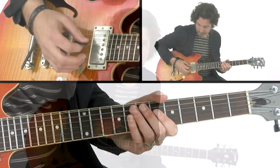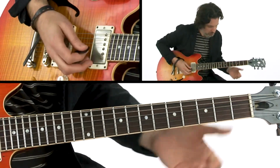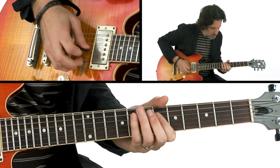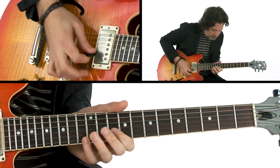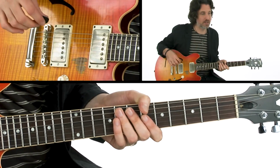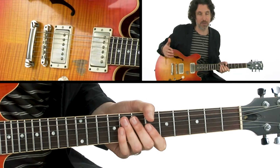Lick number 12 is Kenny's octave jump. And again, we're in the key of B flat minor here, and we're going to do something that's based on a lick made famous by the great Kenny Burrell. So in the key of B flat minor here, importantly, this run is a really famous lick played by Kenny Burrell,